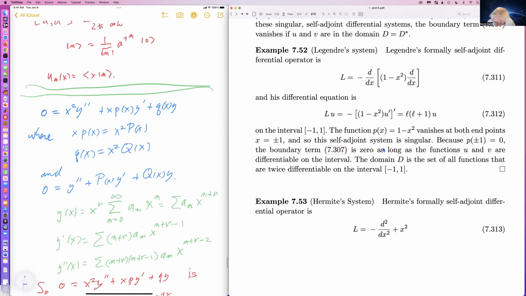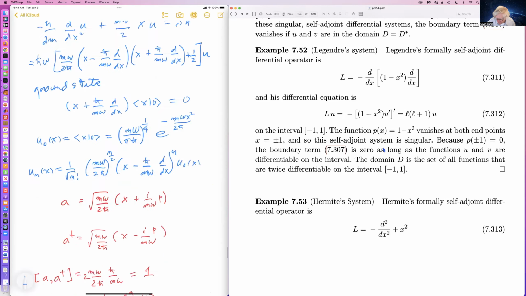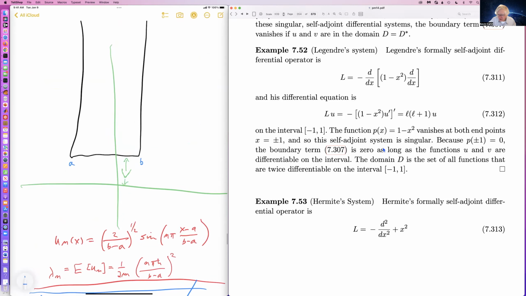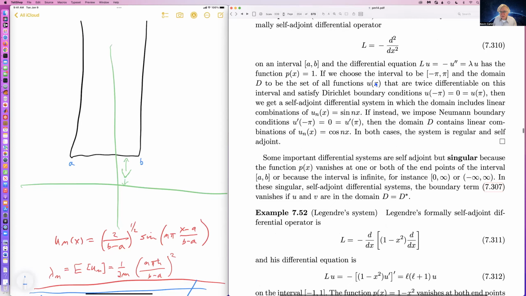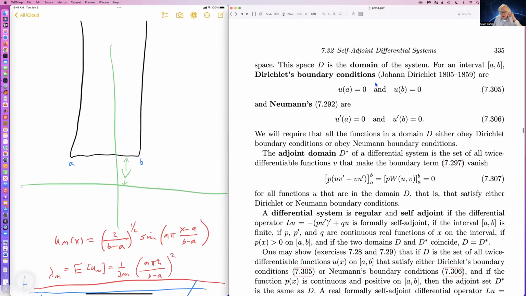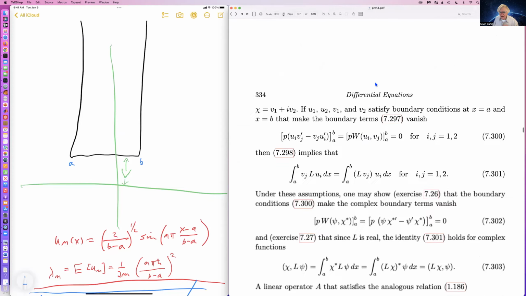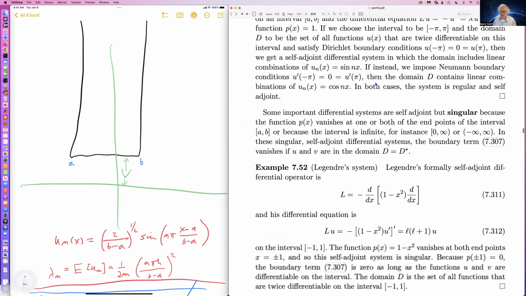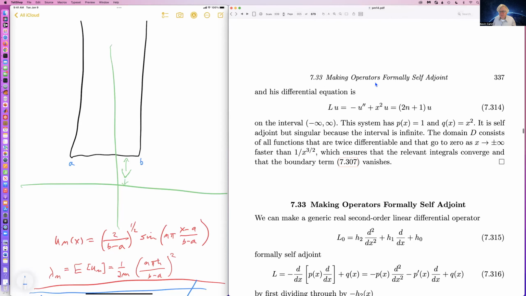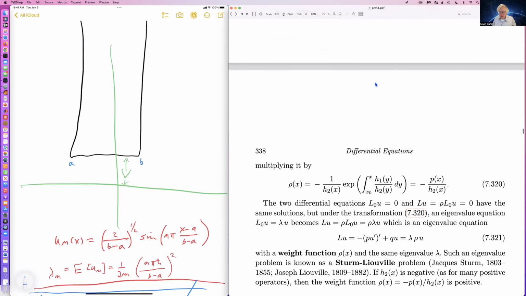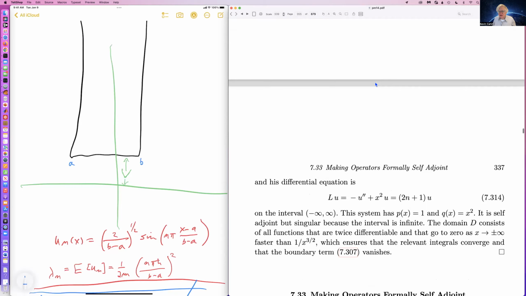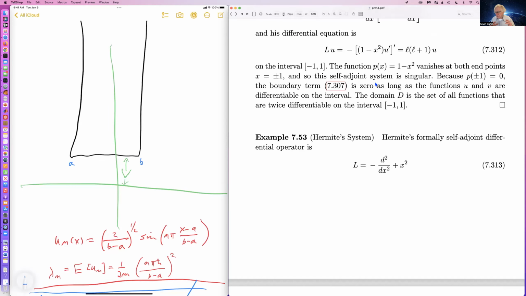Let's see if I can find it, no, it's not visible there. So let's go back here. It's further on. Oh God. Well, anyway,